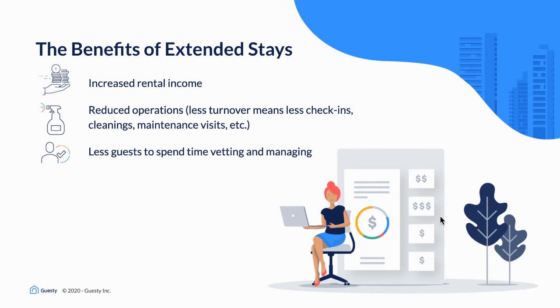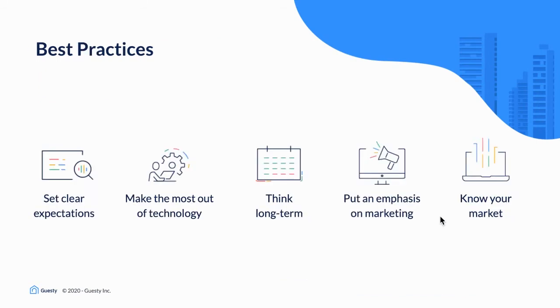So, if you want to rent out your properties for midterm stays, take note of the following best practices. First, set clear expectations. When you're talking to potential renters, be upfront about expectations and availability. If you know you have upcoming bookings, let them know, that way they don't expect to be able to extend their stay. If you're hoping to get back into short-term rentals as soon as possible, this should be made clear